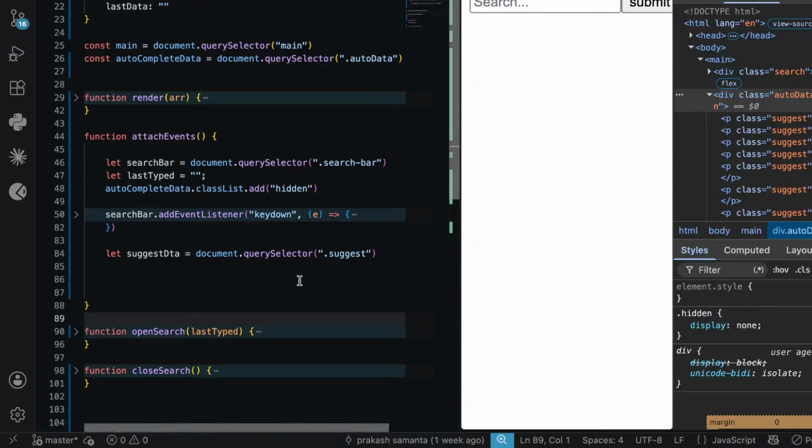So let's see how we are going to do it. The suggested data is here, and